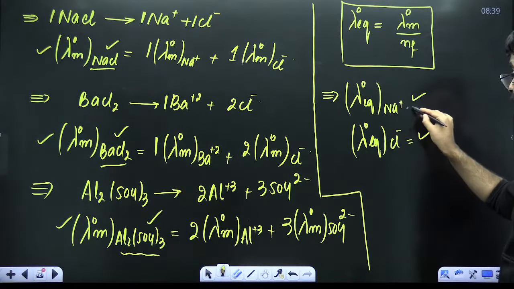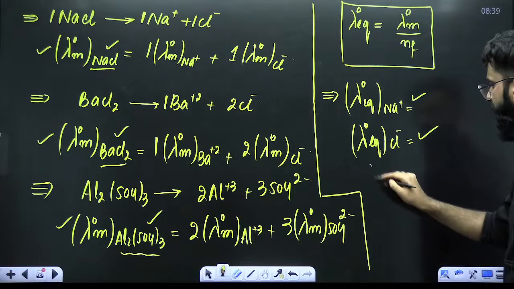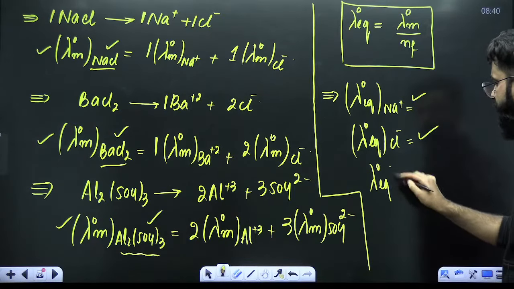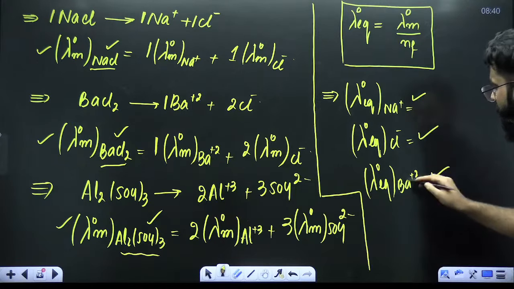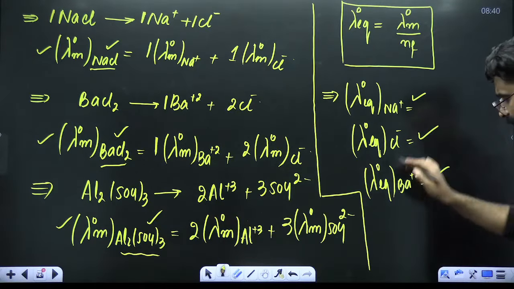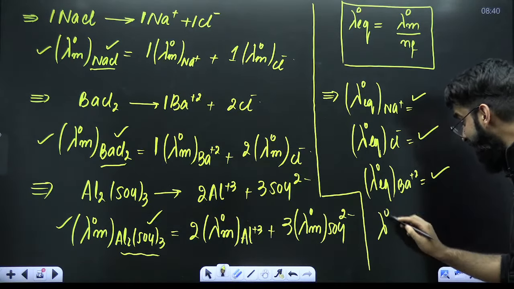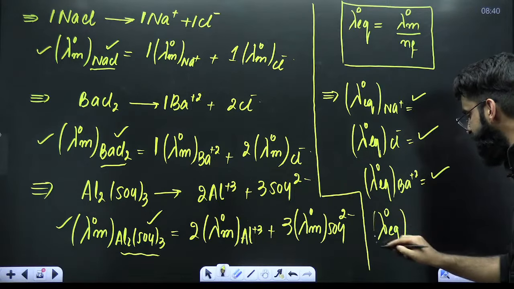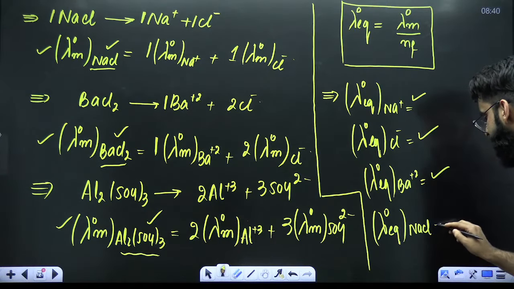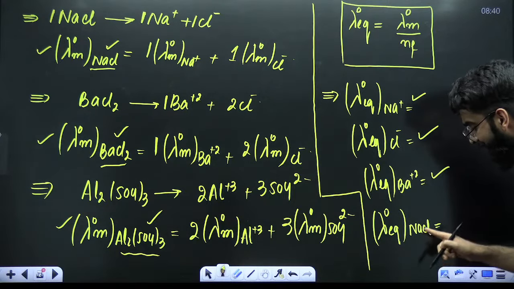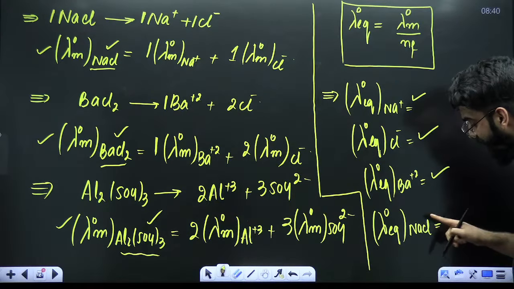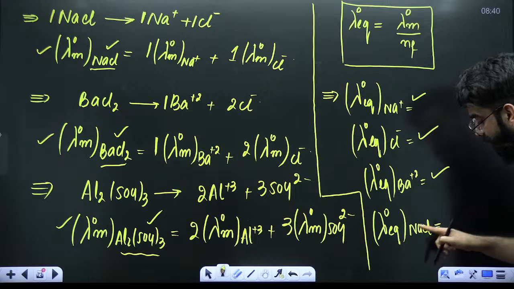I already know the equivalent conductivity at infinite dilution of Ba di positive. These are the terms which I already know, correct? Now, if you want to directly write the equivalent conductivity of NaCl in terms of equivalent conductivity at infinite dilution for their ions,